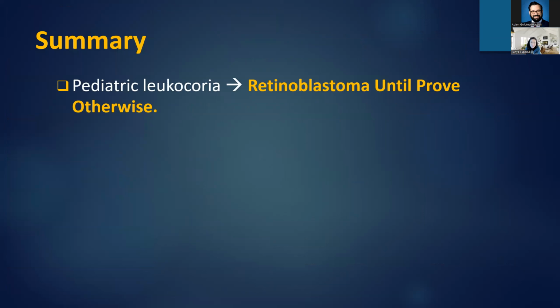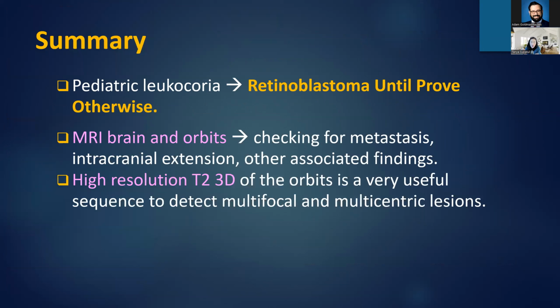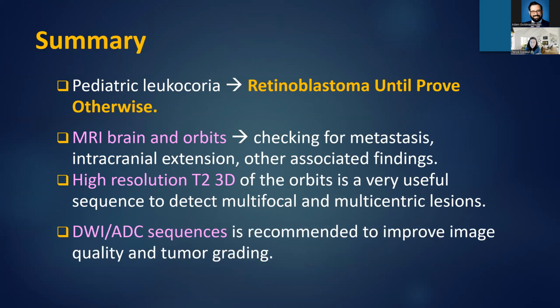So in summary, for leukocoria, it is retinoblastoma until proven otherwise, and we normally do the brain and orbits together, checking for metastasis, intracranial extension, or any other associated findings. High resolution T2 3D is a must. I highly recommend this one to detect multifocal or multicentric lesions. DWI and ADC are a must too, for any tumor, any lesion, any mass, to help with